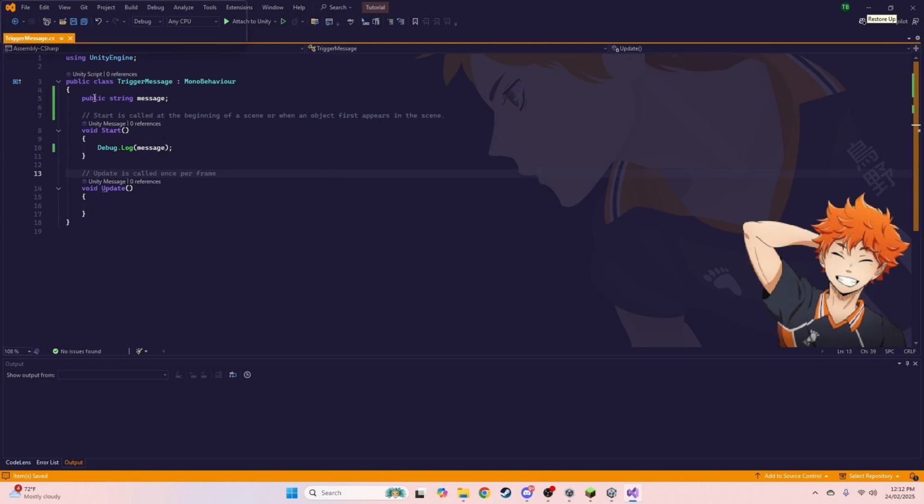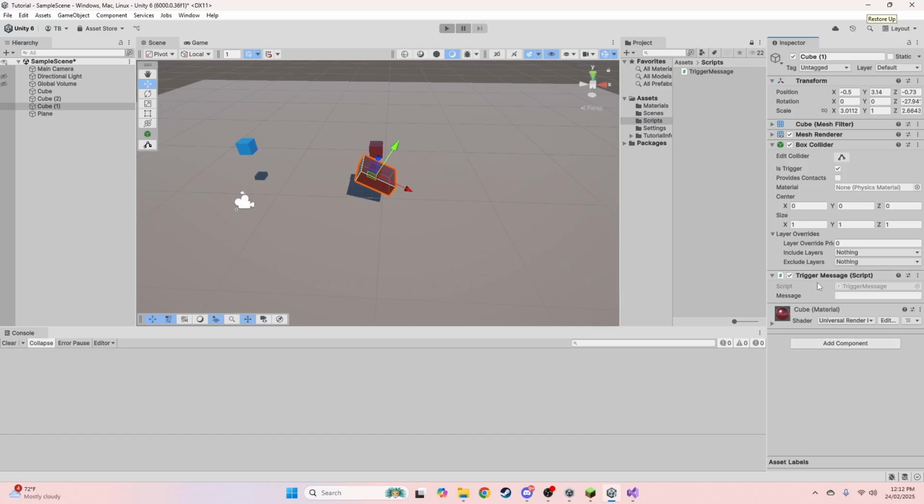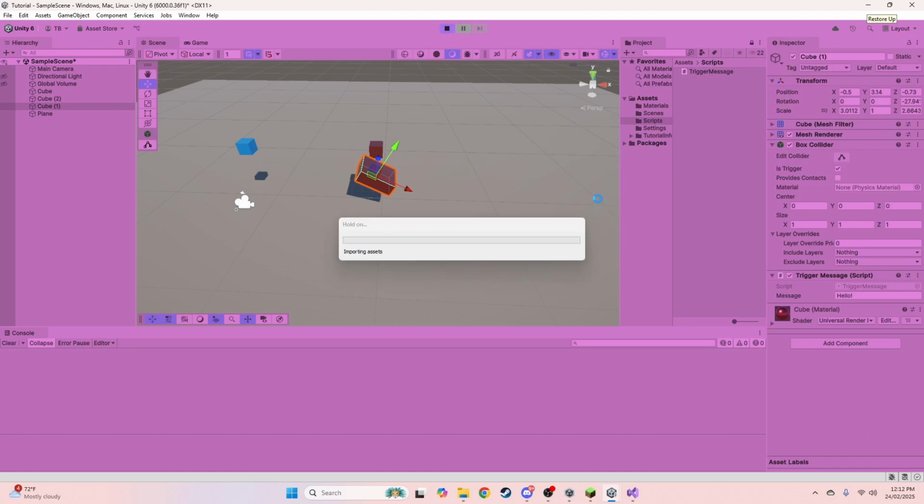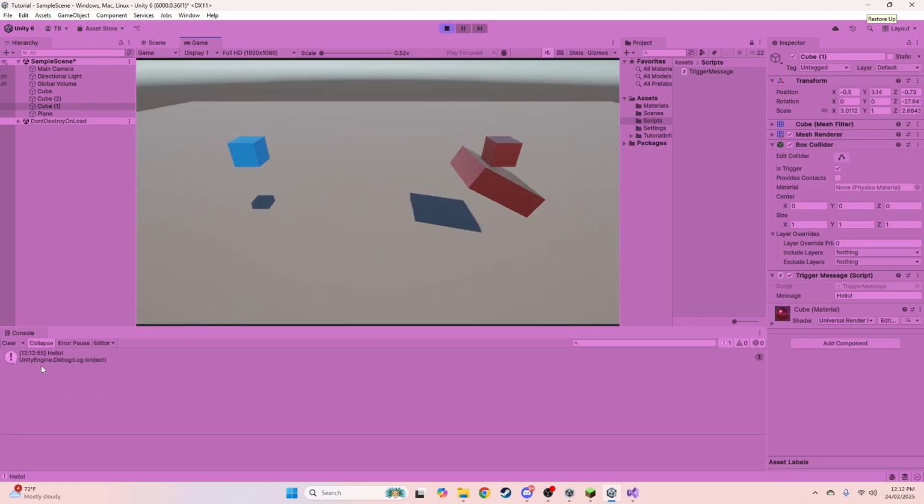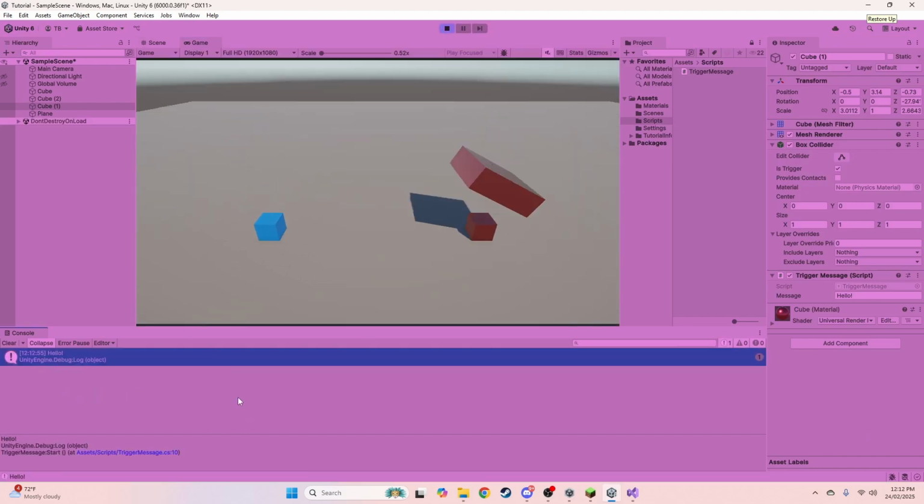I'm now sending this message through to the console. So when I save this and exit Visual Studio, on our trigger message component, we now have a window where we can type the message we want to type. So let's say hello again and enter play mode. It sends our message to us because the start method is called the second we enter play mode,